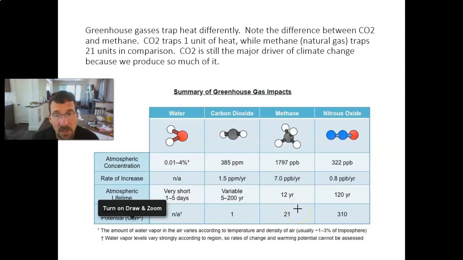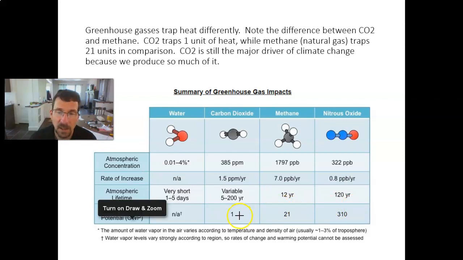There are other sources, including cows. We'll talk about this later, but cows belch a lot of methane because of their digestive processes. And it turns out weird things like termites, also termite colonies, emit a lot of methane. Okay, moving on down the line here, you see that methane, while it looks like it's a real bad guy